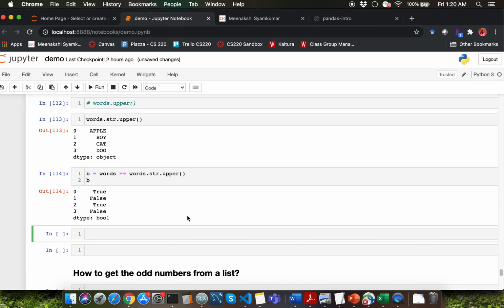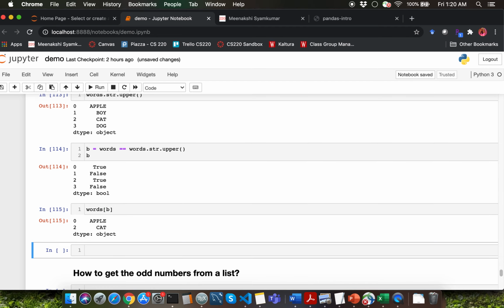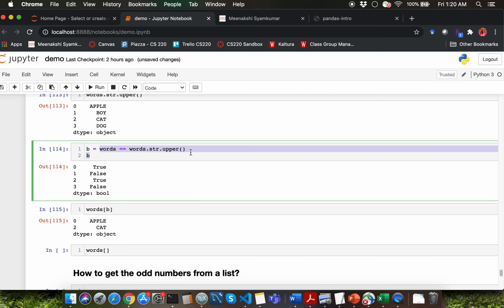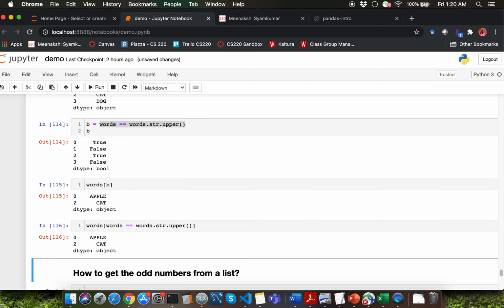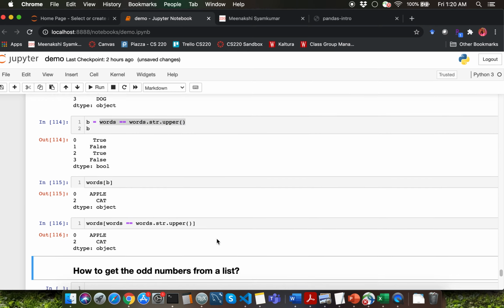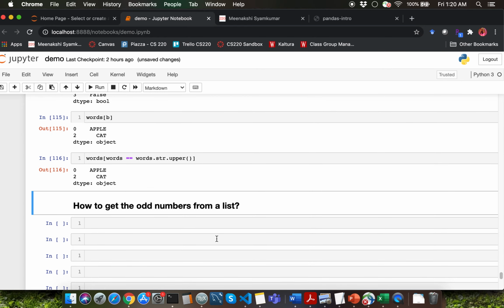So I could simply say words of b in order to apply the Boolean indexing, or I could also say words of the complicated expression here, being the comparison between words and words.str.upper.